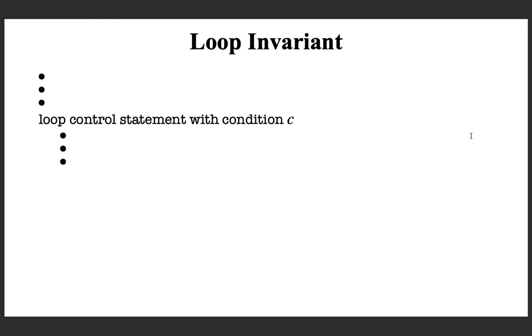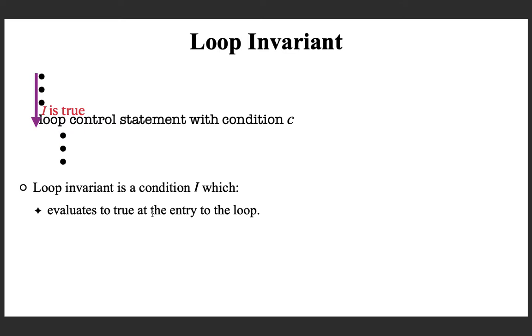A loop looks like this. There is a sequence of instructions in the code. Following that, there is a loop. For the loop, there is a loop control statement. For example, you have a while condition, and this is that condition. Then the loop body. So what is a loop invariant? It is a condition I which evaluates to true at the entry to the loop. It is a condition which must be true at the time of the program control coming to the loop control statement for the first time. So at the loop entry it must be true,